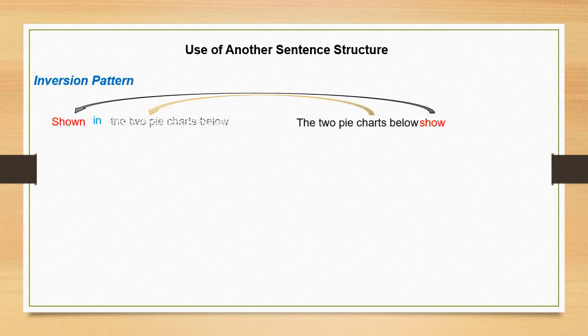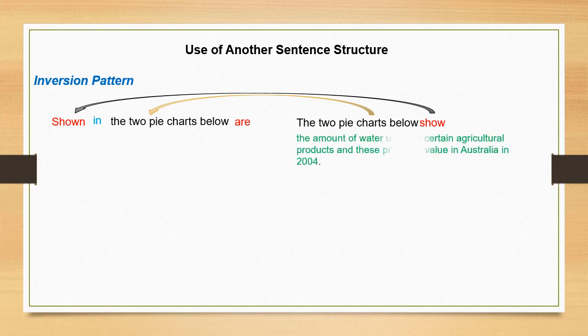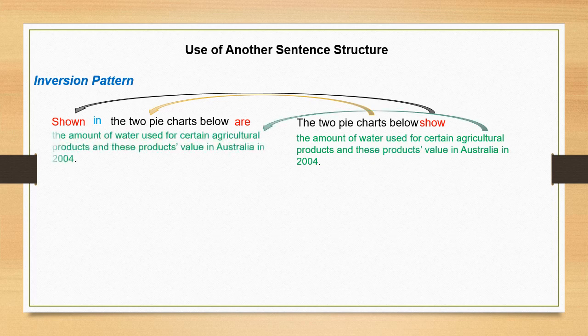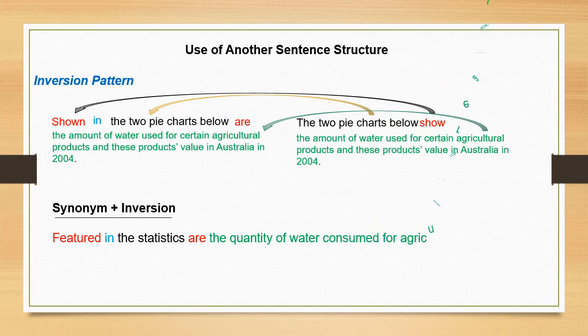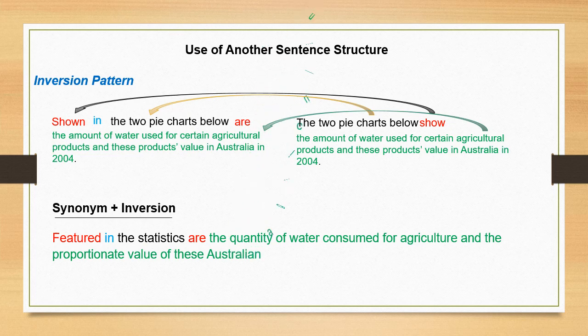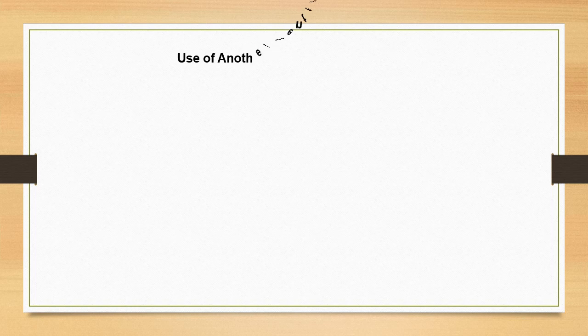Then add the preposition in plus the subject, the one in black ink, plus the verb are. Then add the object of the verb, the one in green ink. Some of you may wonder, why do we use are and not is? Well, because we have a plural subject, and in the inversion pattern, the subject comes after the verb. The original sentence is an SVO structure. The subject comes